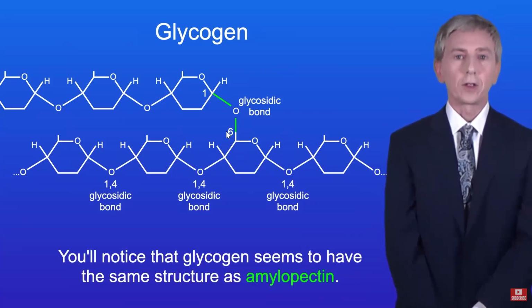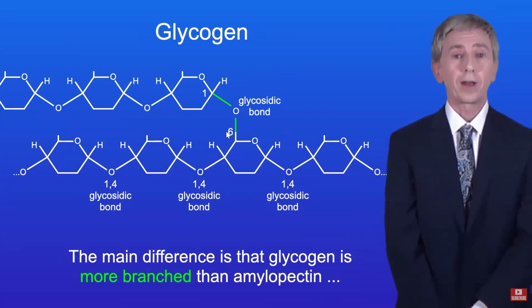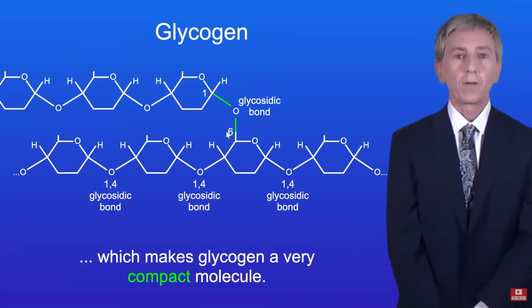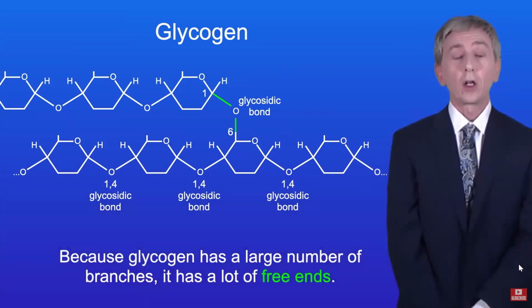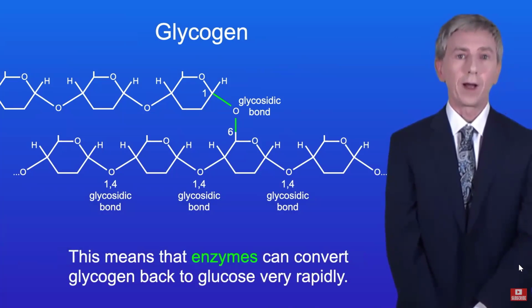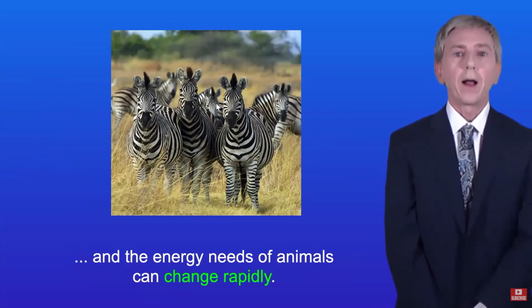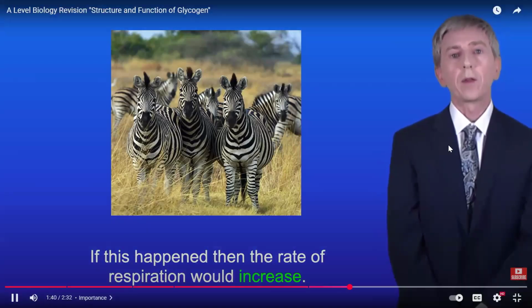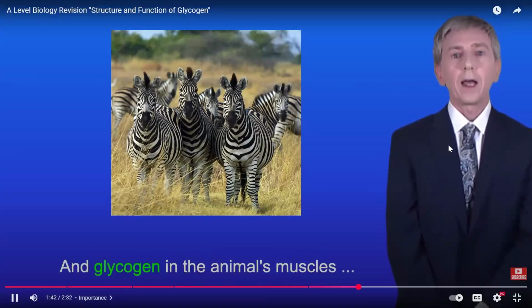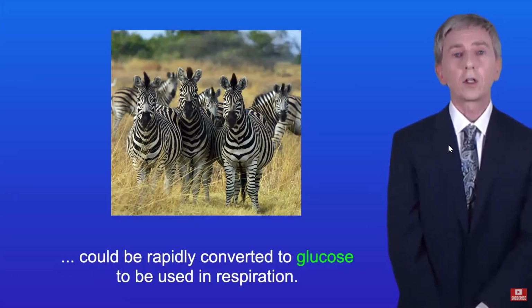Now you'll notice that glycogen seems to have the same structure as amylopectin. The main difference is that glycogen is more branched than amylopectin, which makes glycogen a very compact molecule. And because glycogen's got a large number of branches, it's got a lot of free ends. This means that enzymes can convert glycogen back to glucose very rapidly. Now, this is important as animals often have a high rate of respiration, and the energy needs of animals can change rapidly. For example, an animal may have to move quickly to escape from a predator. If this happened, then the rate of respiration would increase, and glycogen in the animal's muscles could be rapidly converted to glucose to be used